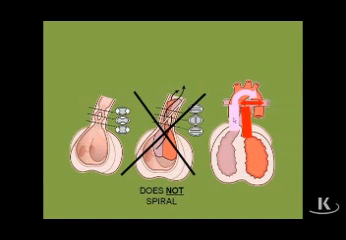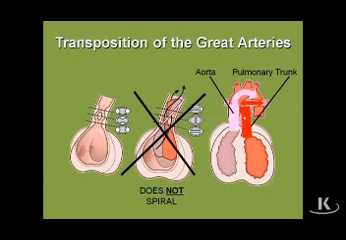So instead of spiraling around one another, we'd have two parallel vessels, but that importantly means we have the right ventricle feeding the aorta and the left ventricle feeding the pulmonary trunk. In other words, the vessels are backwards. That's the aorta, that's the pulmonary trunk, and we call that transposition of the great arteries. Now, realize that that means we have two